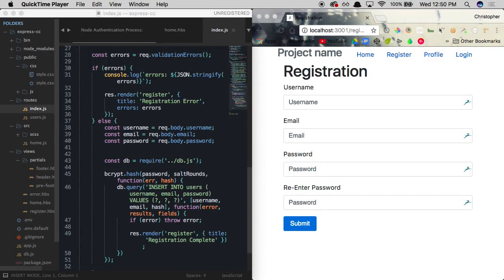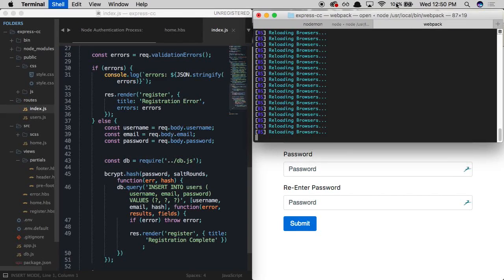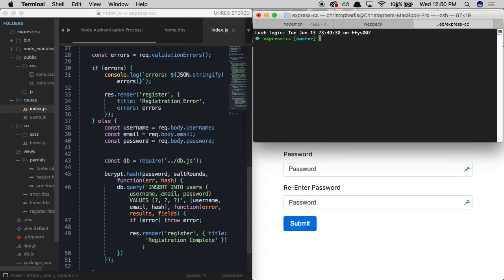Okay, so now that we have these new pages set up, let's go ahead and make use of sessions by integrating the express session package. To do this, I'm going to open up our terminal window, open up a new tab, and install a package using yarn. I'm going to say yarn add